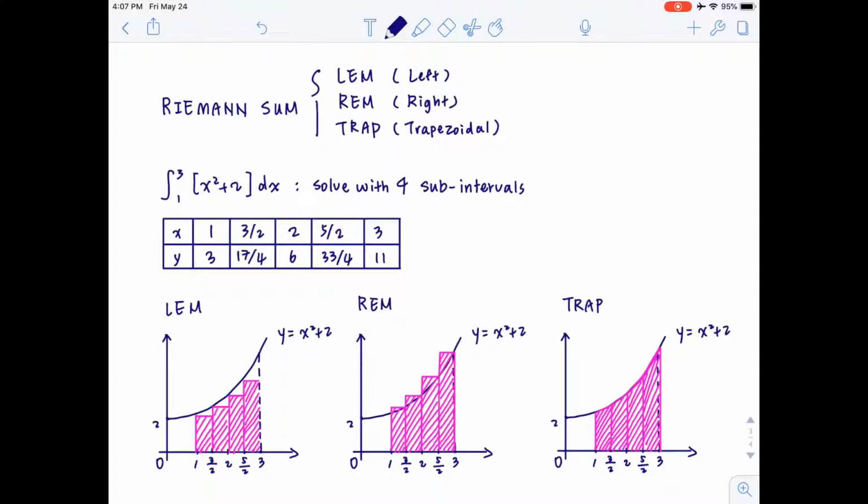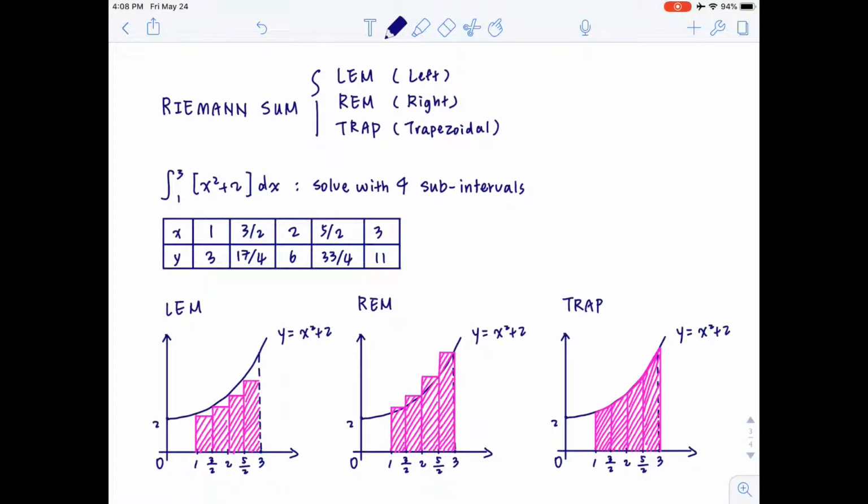When we estimate the area under a curve, we sometimes directly use the integrals, and sometimes we approximate using different approaches of Riemann sum. The three major approaches that are tested in the AP Calculus exam are LEM, REM, and TRAP. So let's take a look at this problem, which asks us to approximate the integral of x squared plus 2, lower bound x equals 1 and upper bound x equals 3, using four subintervals, with given x values and y values